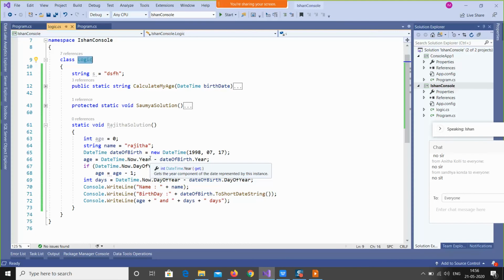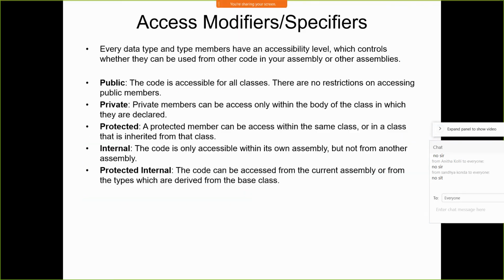Do you want me to show that as well, or is it understood? I believe it's not needed to show. This PPT will be shared with you later on, so you can read and practice accordingly.